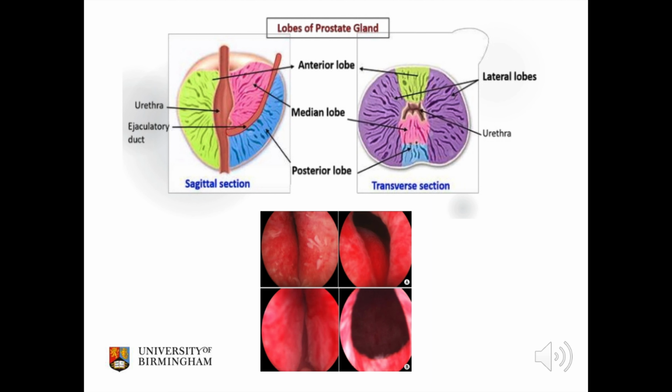So here we have a view from a cystoscope sat in the prostatic urethra. In the pictures on the left, you can see that the lateral lobes are enlarged and are meeting in the middle, causing some obstruction of the urethra. In the top right picture, the lateral lobes are less obstructing, and just beyond that you can see an enlarged median lobe. In the bottom right picture,